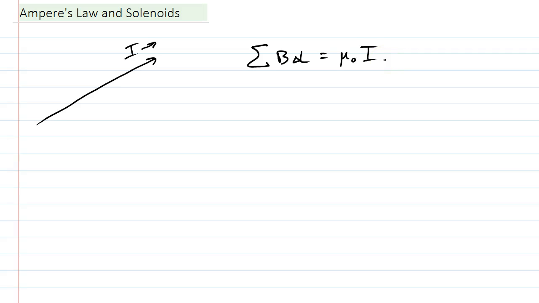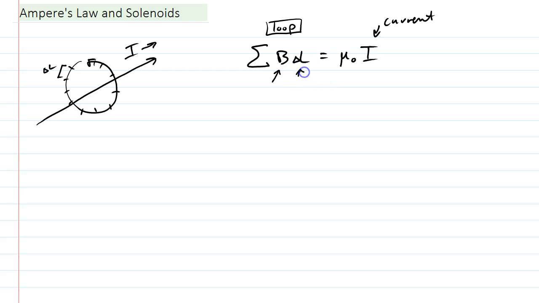Now here's what this means. If you have a loop, kind of like a Gaussian surface, going around a certain current, then if you were to take that loop, say we have a loop here, and chop it up into little pieces, those little pieces are representative of the B here, and the actual length of those pieces are the length right there. So this is the length of each piece, and this is the strength of the magnetic field over each